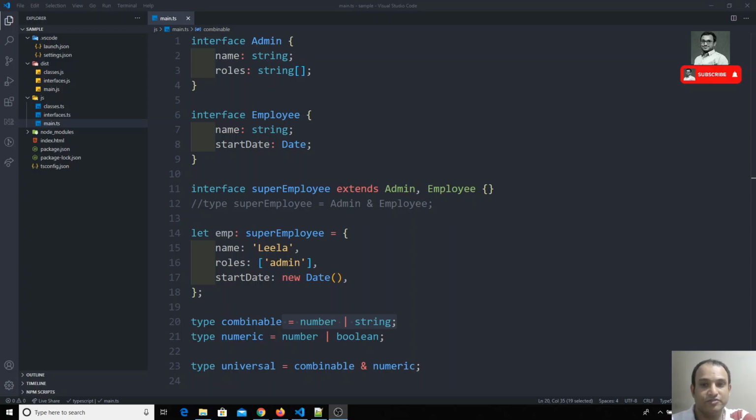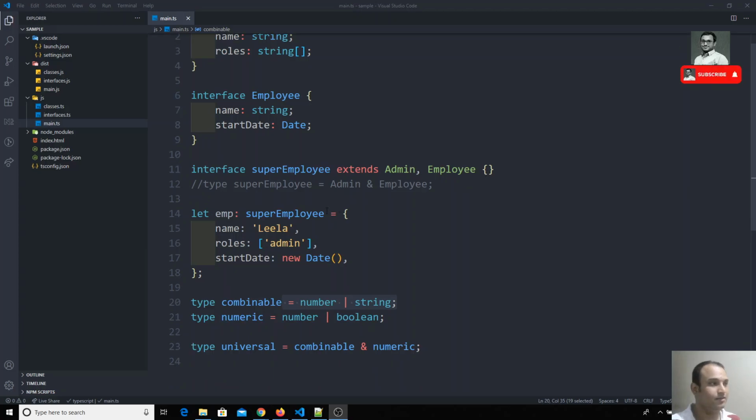Hi friends, in this video we will see about type guarding. How can we type guard, how can we check the types of variables in functions, or for an object, or for a class? So we will check here. I will do a simple example for a variable, for an object and also for a class, so that you will have a clear understanding of how we can check the types of variables.